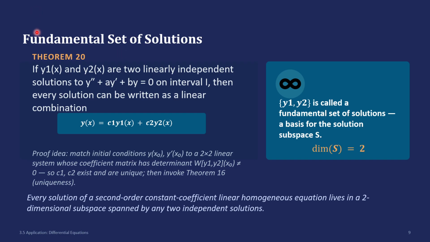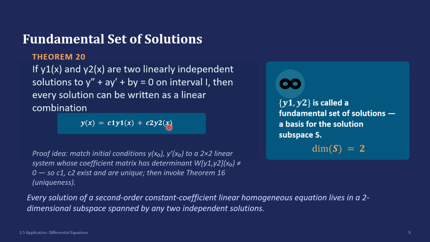So next is the fundamental set of solutions. In Theorem 20, it says that if y1(x) and y2(x) are two linearly independent solutions to y double prime plus ay prime plus by equals 0 on an interval, then every solution can be written as a linear combination. So it can be written like this: y of x is equal to c1 y1 of x plus